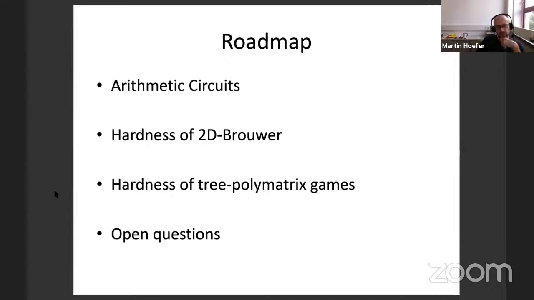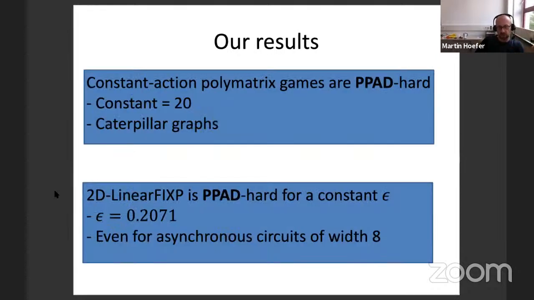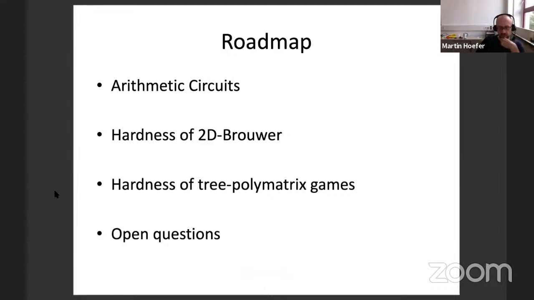So you proved these two reductions essentially, right? From this epsilon 3 Brouwer to the 2D Brouwer, and then from 2D Brouwer to 2D Polymatrix. Yes. So what do you think is technically the bigger challenge of these two? What was the bigger challenge of these two?